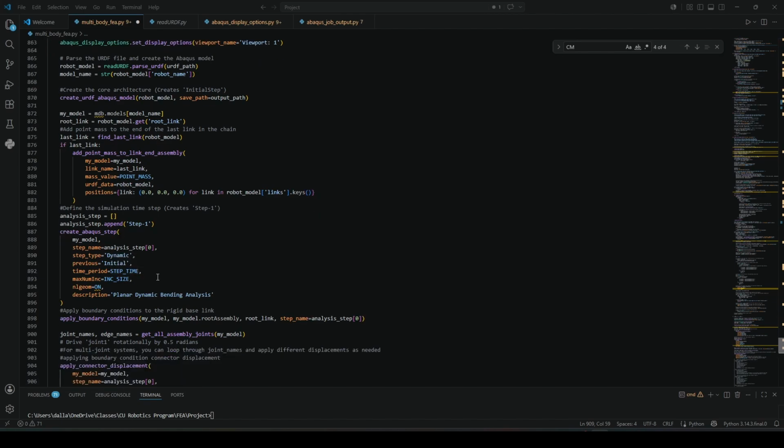Using global constants to define our time. In this case, it's going to be 2 seconds. The increment size, basically how many frames you're going to have within that 2 seconds. And then we apply the boundary conditions to the fixed rigid base link